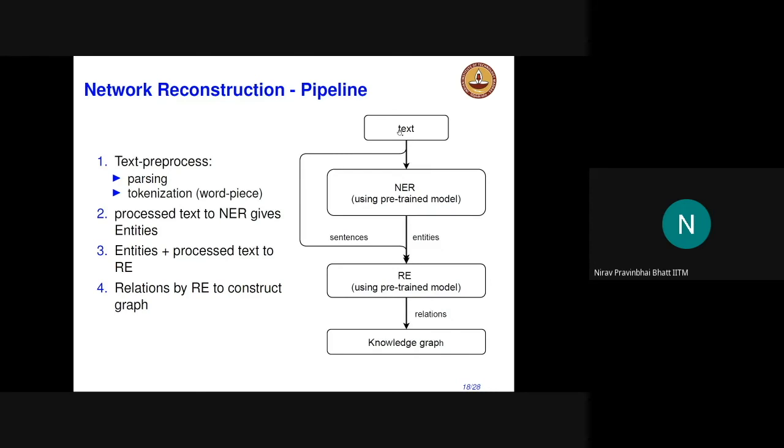So we have a sentence and the entities. You can think of it as an extended sentence: these are the entities in this sentence, and this is the sentence. Can you tell me whether there is any relationship between these two entities or these three entities? We build another model which extracts the relationships, and once we have relationships, we construct the knowledge graph. We call it a knowledge graph because this is what the community calls it. It is basically nothing but our biological network, which tells you about different entities such as proteins, genes, or diseases.